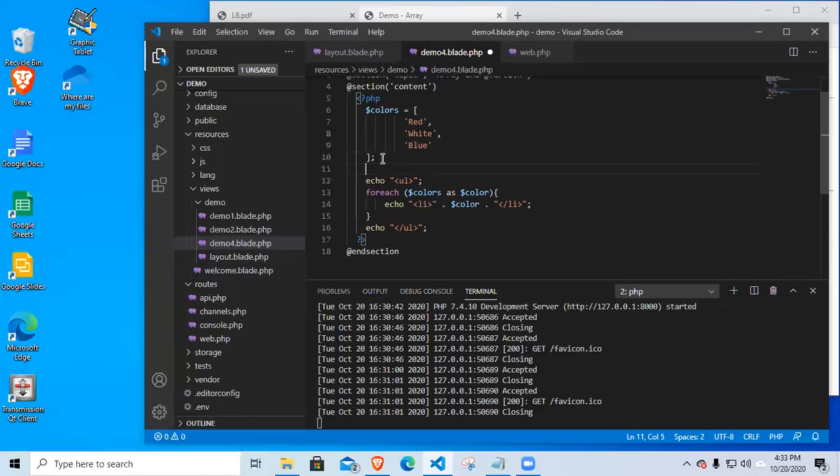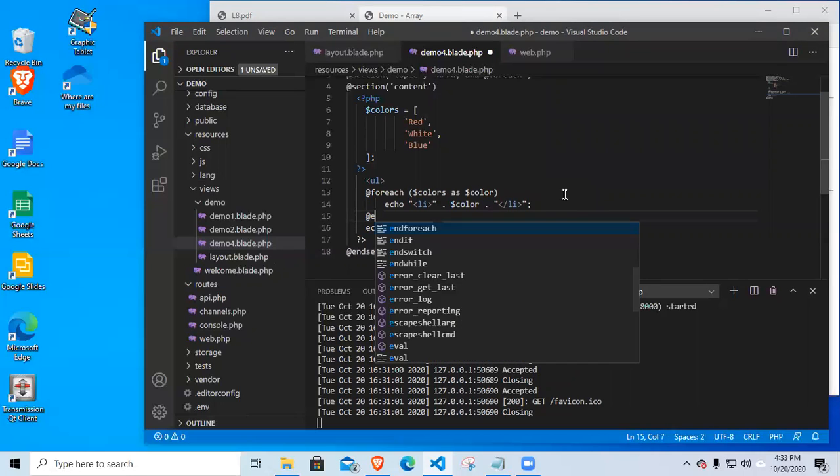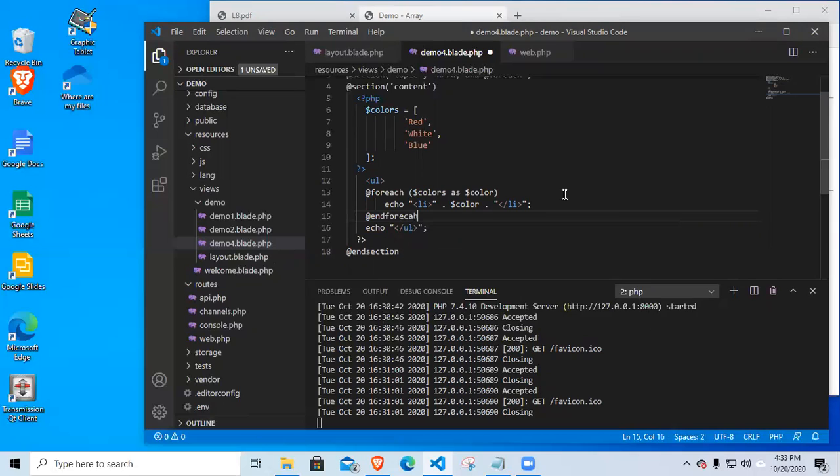So let's try to convert this code. So if we're going to use Blade, actually we are using Blade. Now if we want to convert this in a Laravel, we don't need echo. Okay, so meaning to say we're going to close our PHP here. Then instead of for each, we are going to use a directive, foreach, and eliminate this curly brace. So instead of this curly brace to denote the closing tag, we use the directive endforeach for that. Okay, endforeach. Okay, and we just eliminate echo